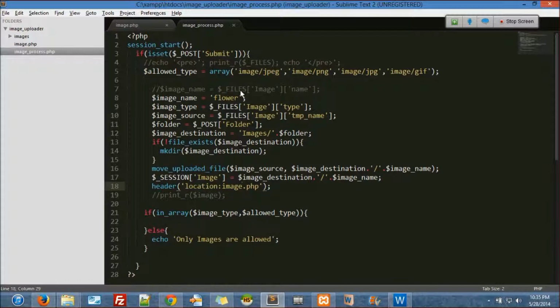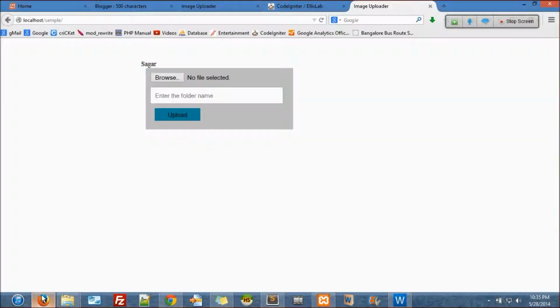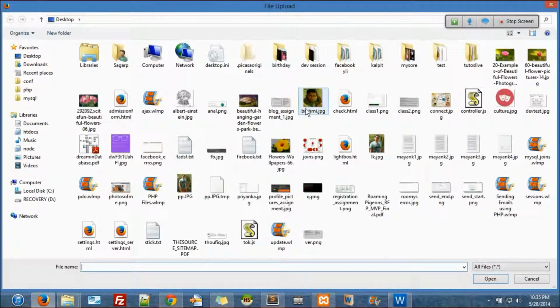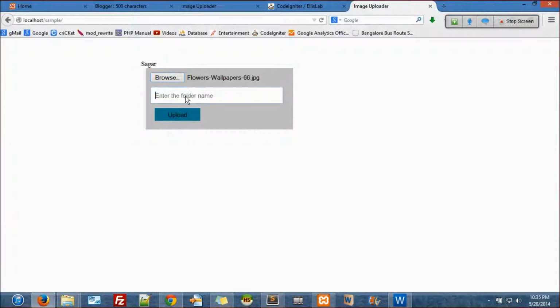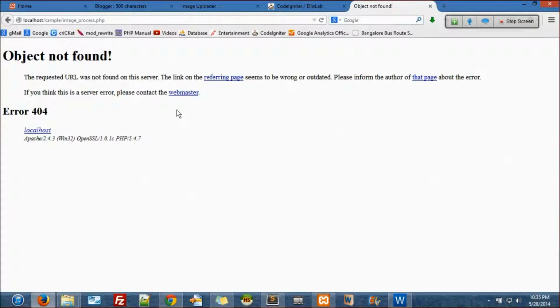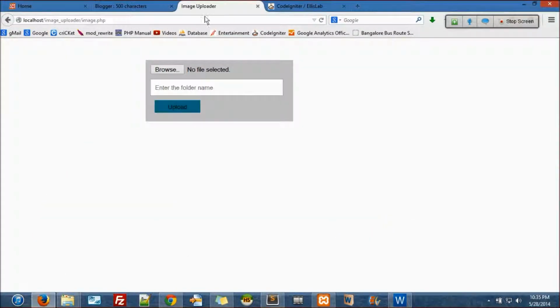Now we don't need extensions for anything. Don't worry about extensions, because it can still read it. Let's see how it can read it. I'll just browse, let's browse this. I'll say this is yellow flower, just yellow, and upload it. What happened? Oh, I'm in the wrong file. Refresh.